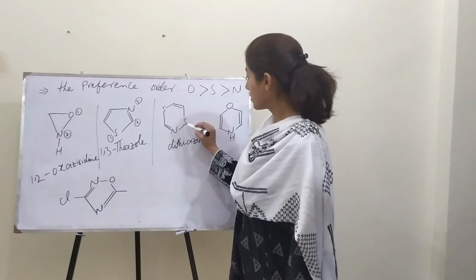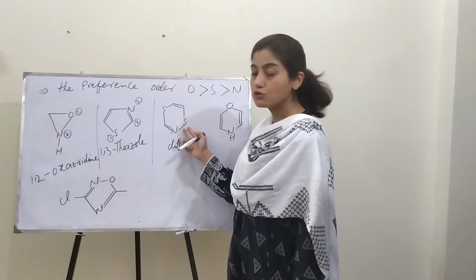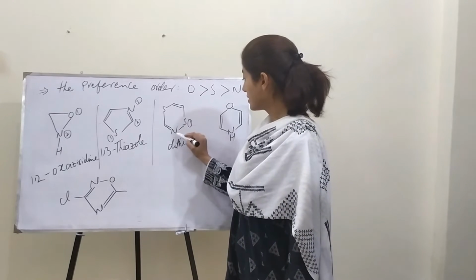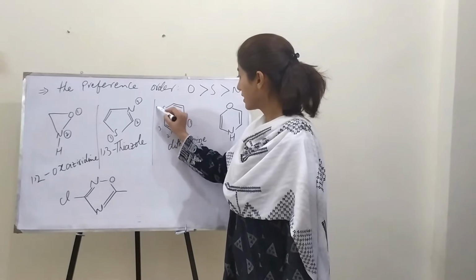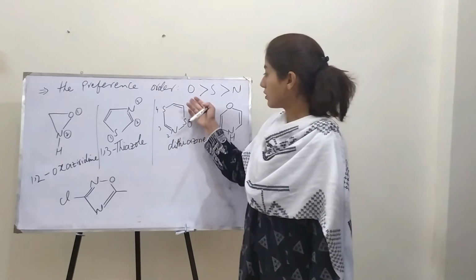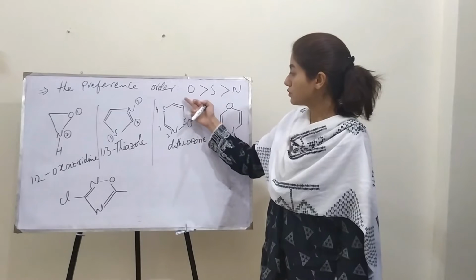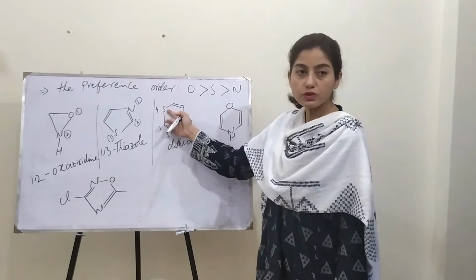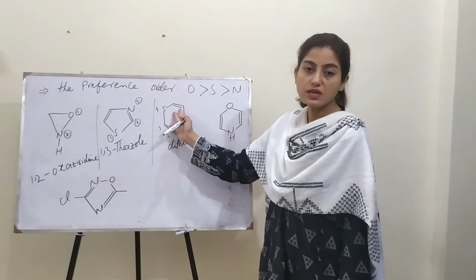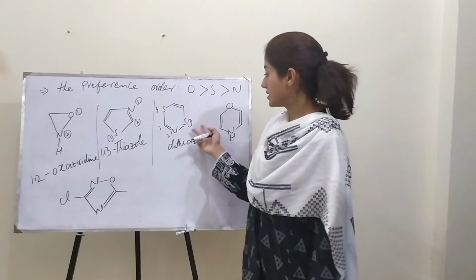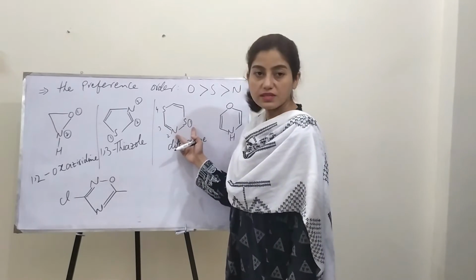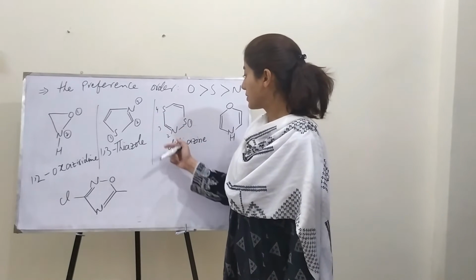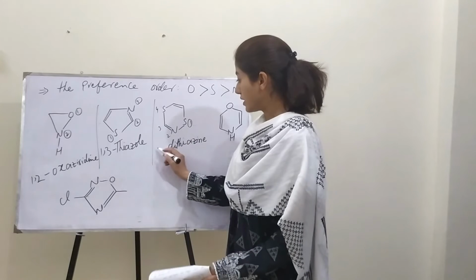Here we will give the priority to that heteroatom which is closer to the other heteroatom. So here it would be 1, 2, 3 and 4. If we move along that direction, then 1, 2, 3, 4. So at 1 and 4th position the 2 substituent would be, but here in this case the closer substituents are at 1 and 2 position, so this numbering would be preferred. So it is at 1, 4,